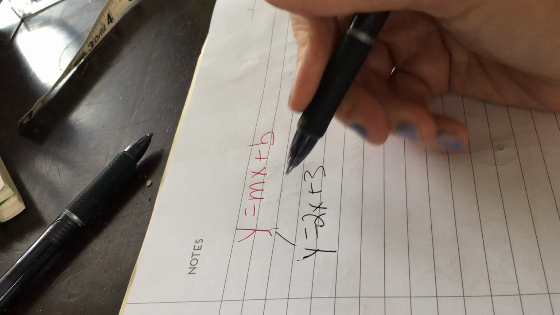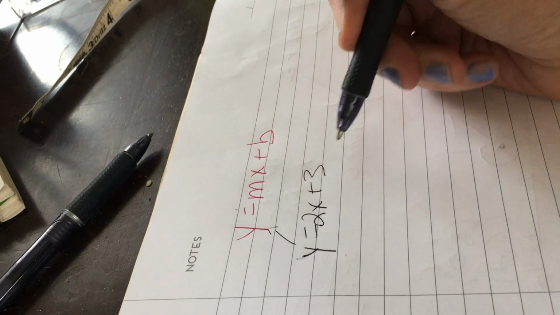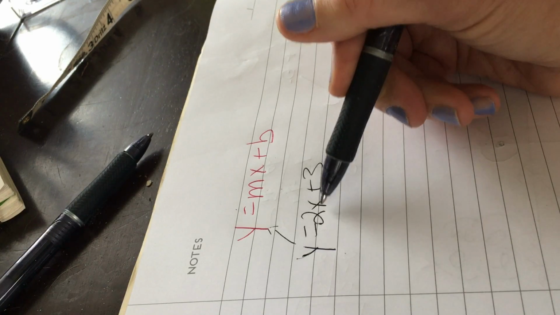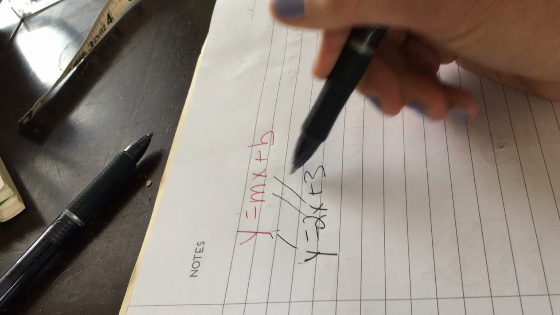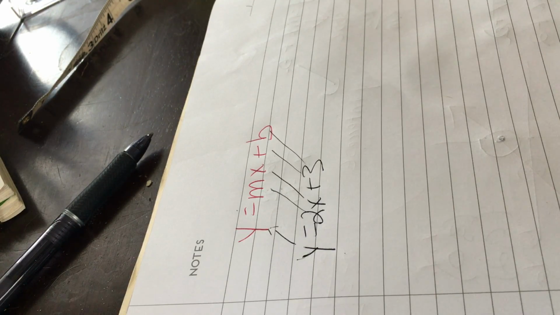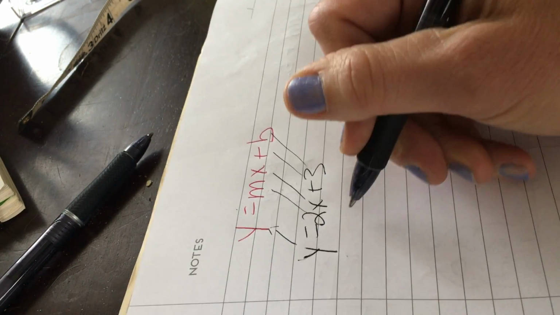Y equals. Y always is going to be by itself if we're on the right track. 2x plus 3. That's written in slope-intercept form. So my slope